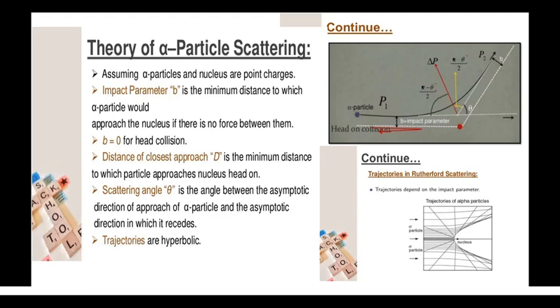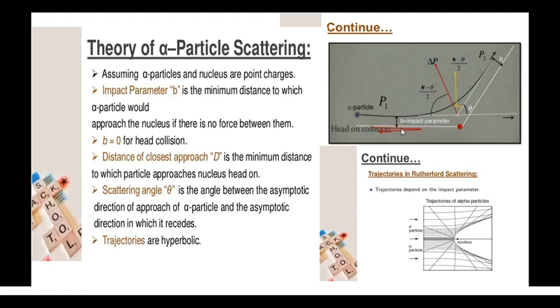That is the perpendicular distance. Here you can see that the alpha particle is coming this way and is not deflected till here. So this is the perpendicular distance of the alpha particle, and this distance is known as the impact parameter. Now what about the head-on collision? Think that the alpha particle is coming this way and is trying to collide with the nucleus in this way. So what will happen?